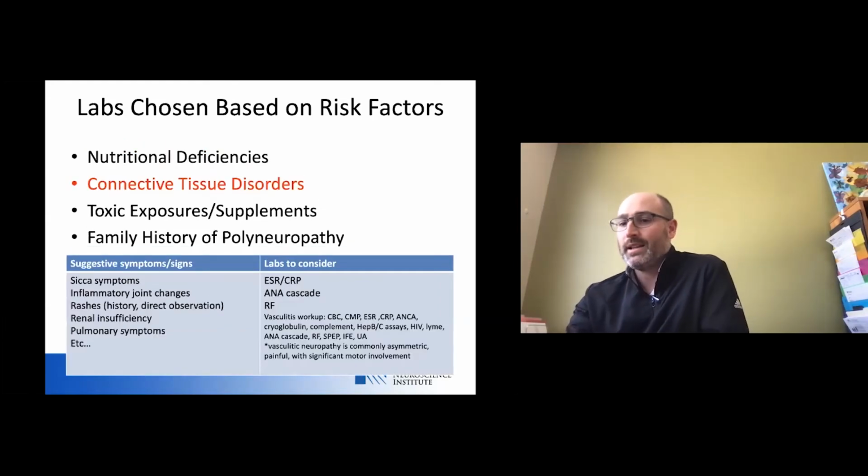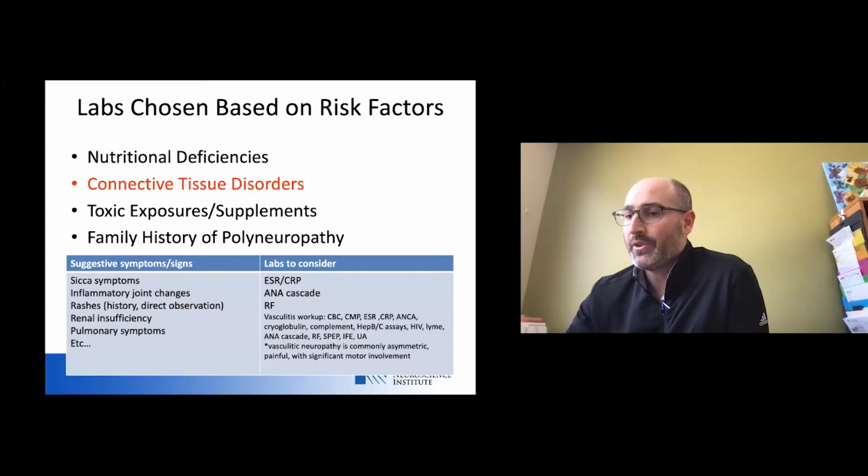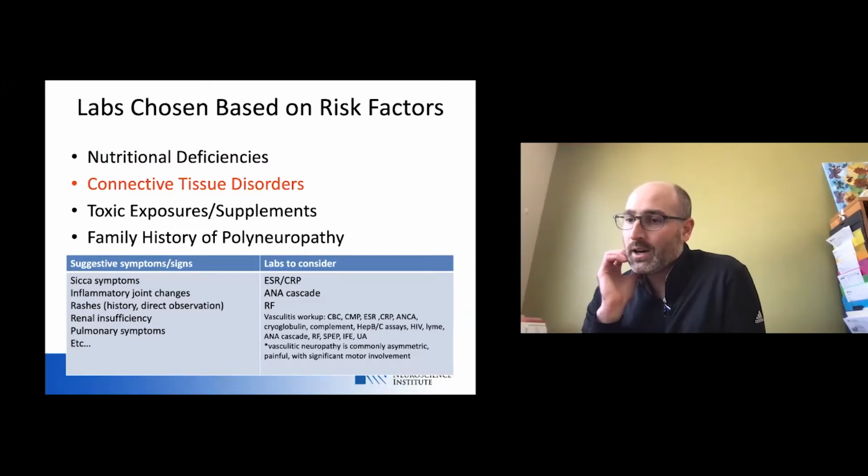So the next bucket is connective tissue disorders. I also ask screening questions for possible connective tissue disorders. Most connective tissue disorders do have the ability to produce a peripheral polyneuropathy as a part of what they do. Whenever I show a slide like this on rheumatologic conditions, I always feel like I can hear a collective groan